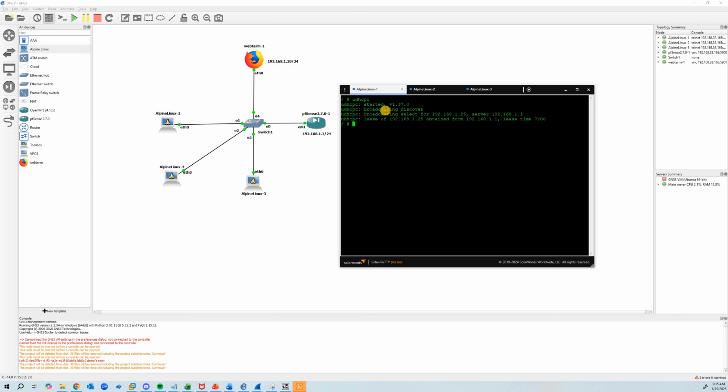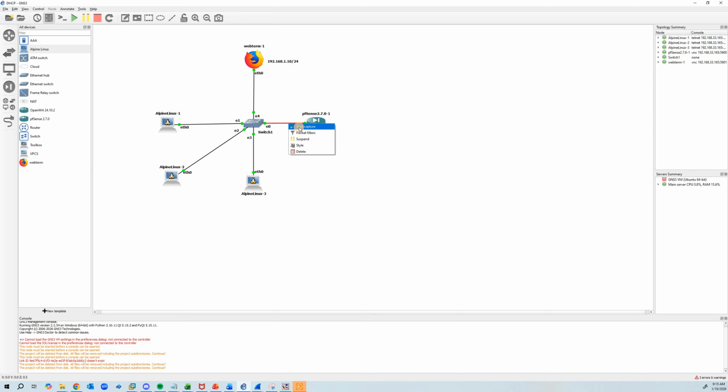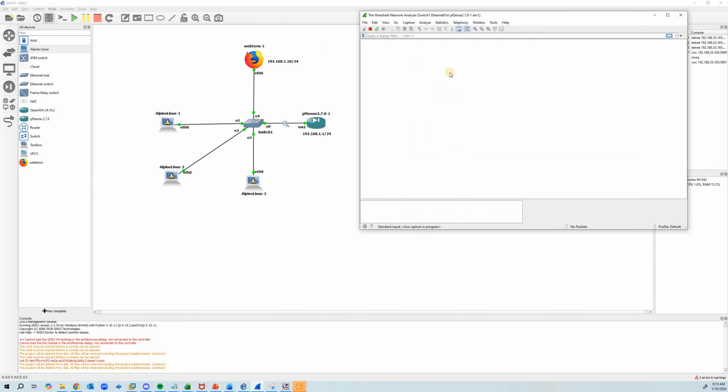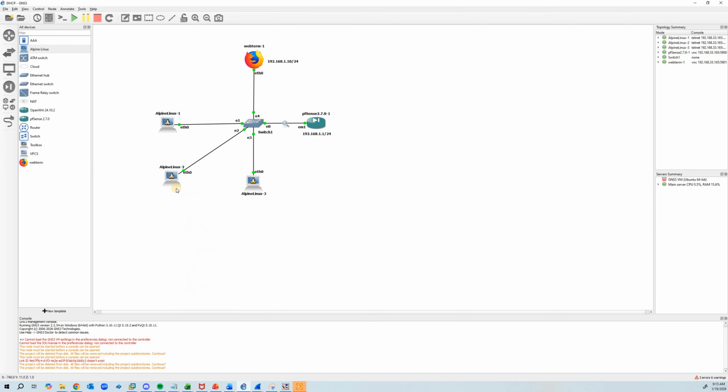And it did indeed send a discover message out, and it found it. I can actually take a look at that too. Let me right click on this and start a packet capture, so we can watch this in action, hopefully. I'm going to bring this up here and apply a filter for DHCP. Now we're not seeing any DHCP traffic, but when I go and configure this one,